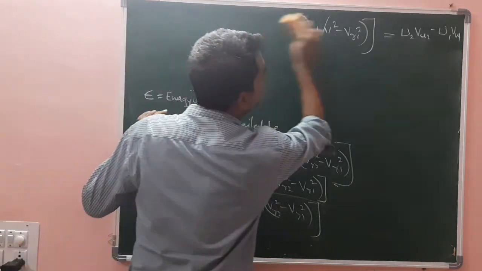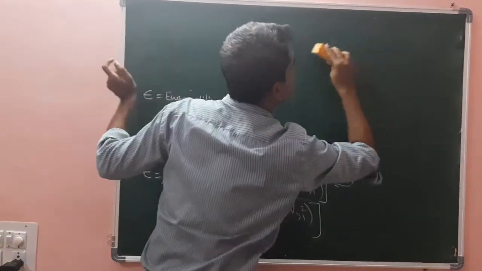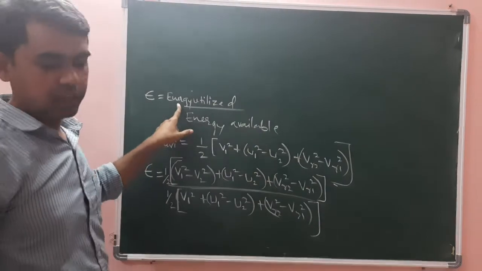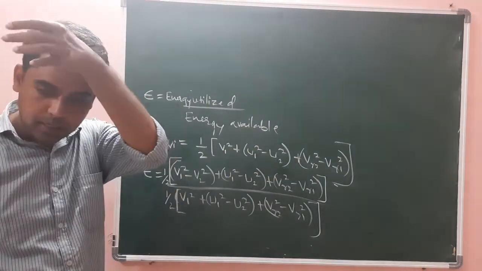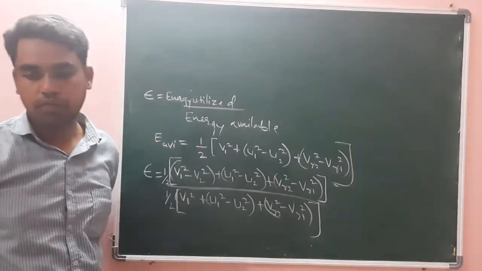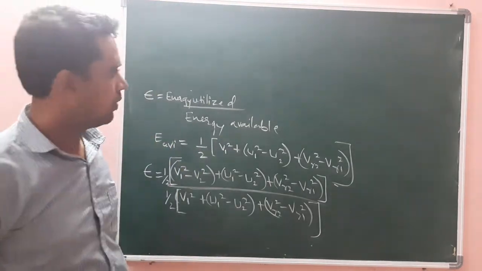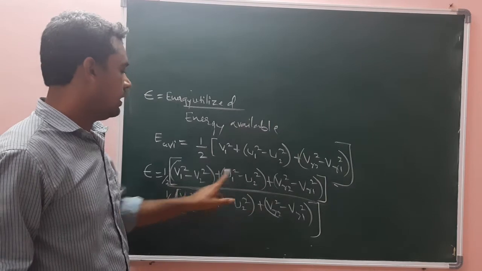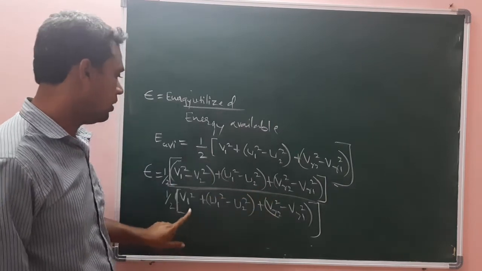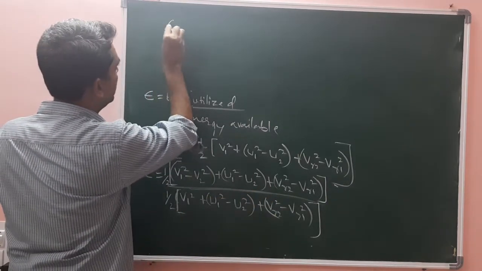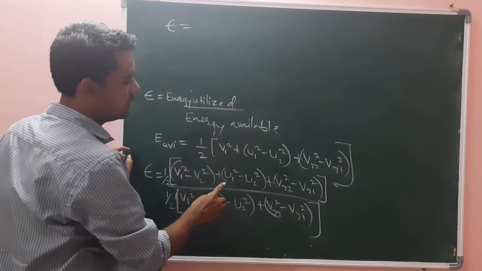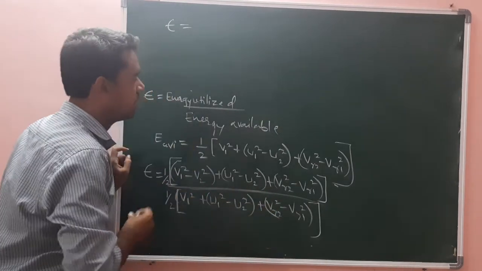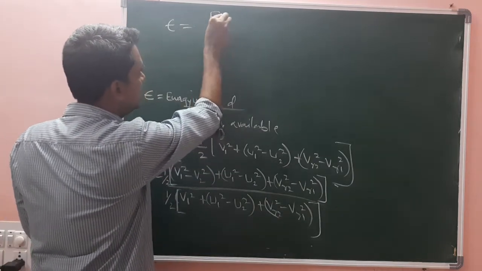Suppose they ask only for the definition of utilization factor, you can write that it is nothing but energy utilized divided by total energy. That is the definition of utilization factor. This is nothing but the energy transfer E. In the numerator, epsilon is equal to 1 by 2 phi1 square minus phi2 square. This is nothing but the alternate form of the Euler turbine equation. Therefore, I can write it as energy transfer.